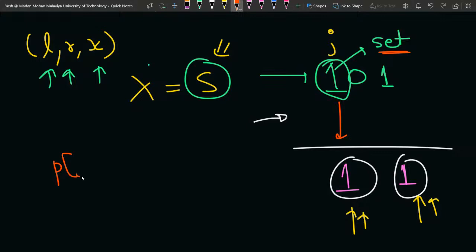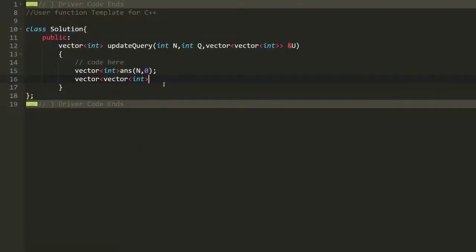That is why I'll say that let's say P of R J plus plus. Are you getting my point, guys? Is that clear? That this jth bit should be indicated here, that okay, in this range L to R, this jth bit should be updated, like it should be increased, its frequency should be increased, basically it should be marked as set. Is this point clear to everyone? Why are we taking a 2D array? Because I want to indicate P of Lj, because that should increase. Is that clear? Is this observation clear to all of you, guys? Please tell me. So that is why we will have a vector of vector int,